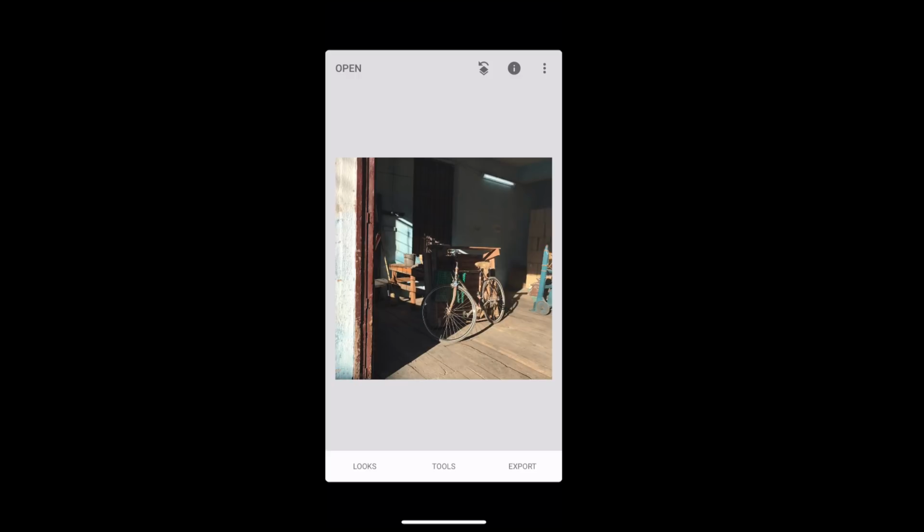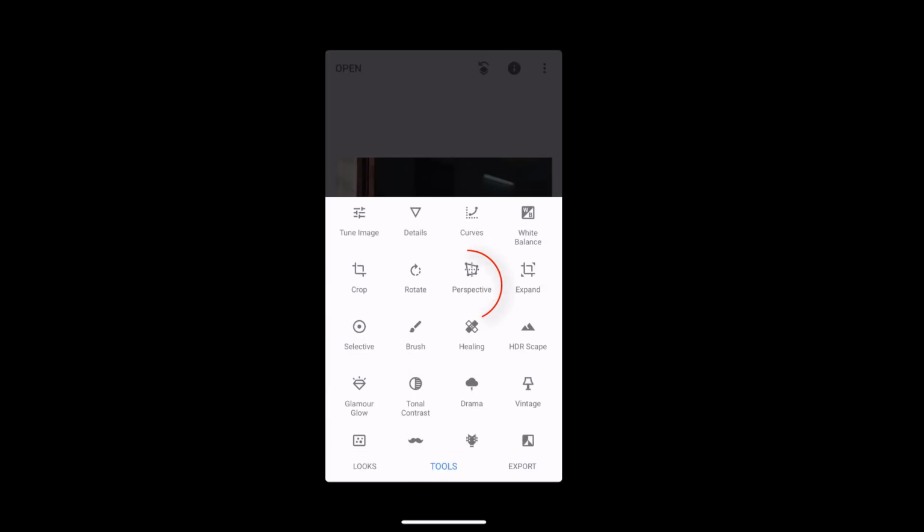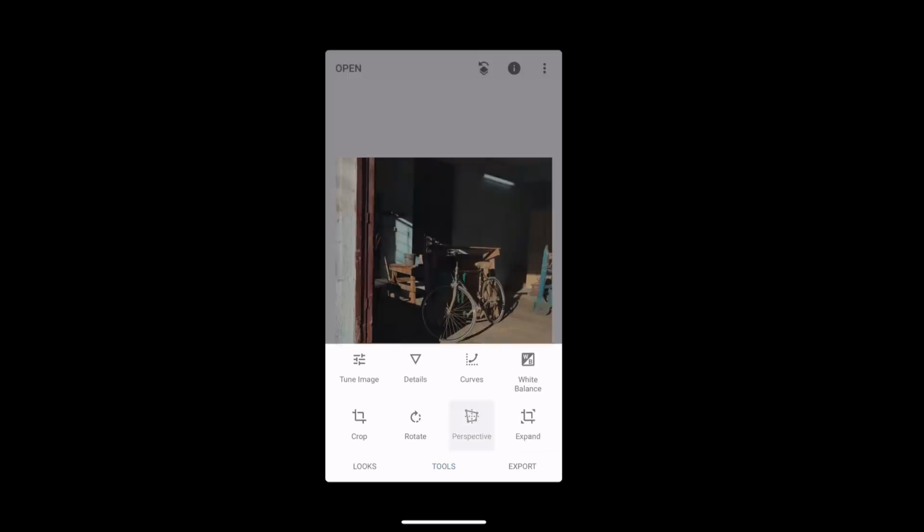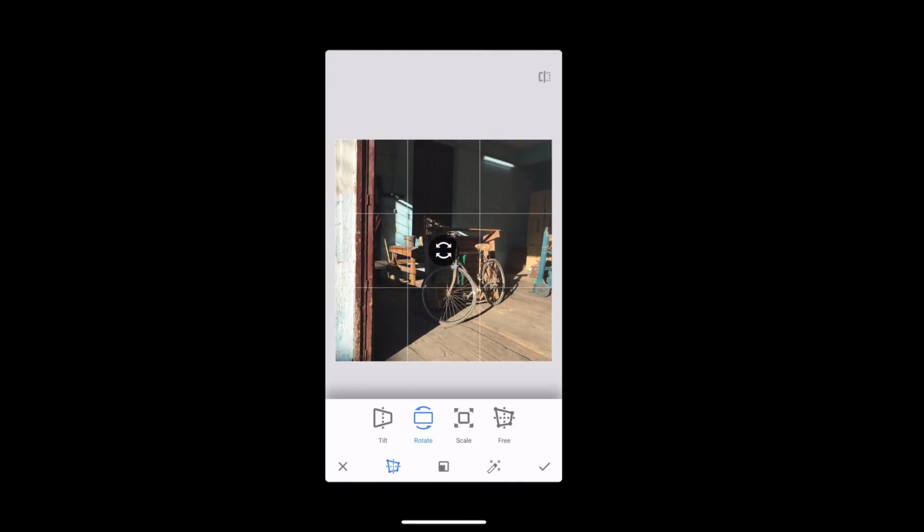So the first thing I'm going to do here is tap on my Tools button down at the bottom, and I'm going to go to my Perspective tool. It's there in the second row. Tap on Perspective, and we're now in our Perspective tool, and you notice we have several different things we can do within this tool. There's the tilt over on the left. We can rotate, which is great for leveling a landscape horizon or something. Can also scale the image, and then there's a free